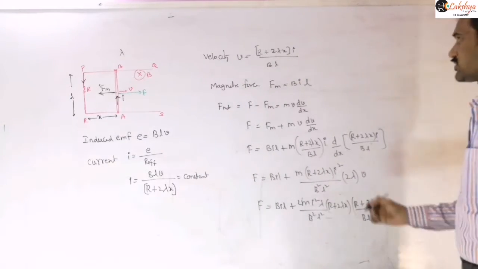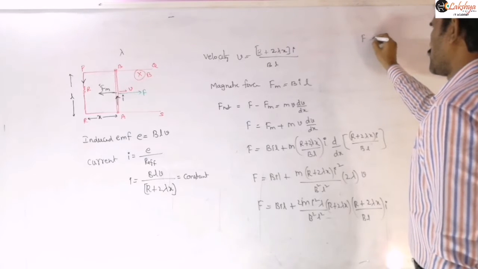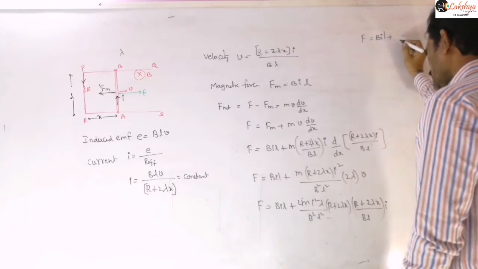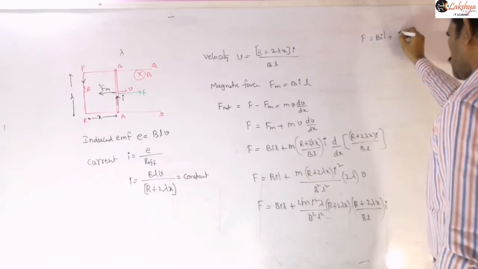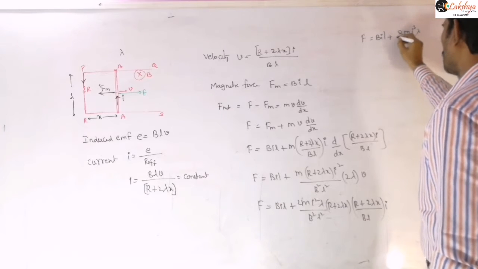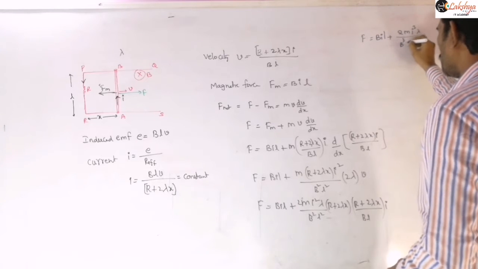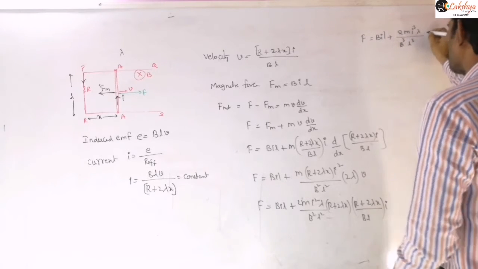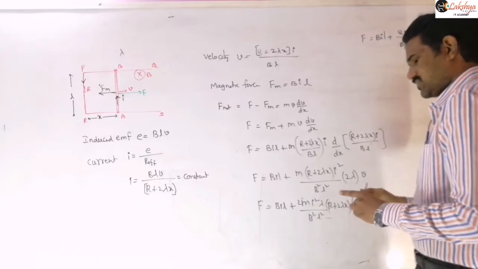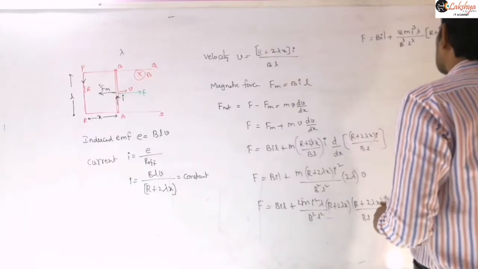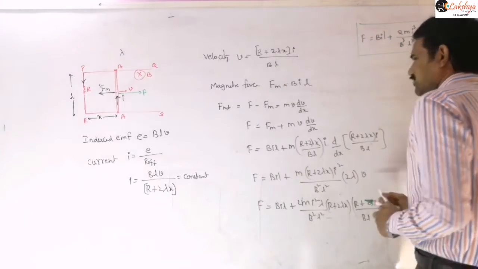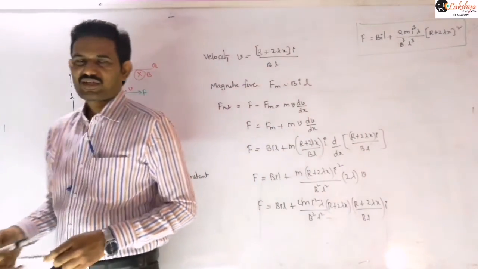Now finally you can simplify this expression there. Therefore this force we can write this as BIL plus 2M I cube into lambda by, this is again B cube into L cube. This square term you will get here, that means R plus 2 lambda X whole square, right? So that is a variable force there. So that force, again now we can observe that the only variable is X here, remaining are constants there, and so only variable term is X. So it is a force acting on this.